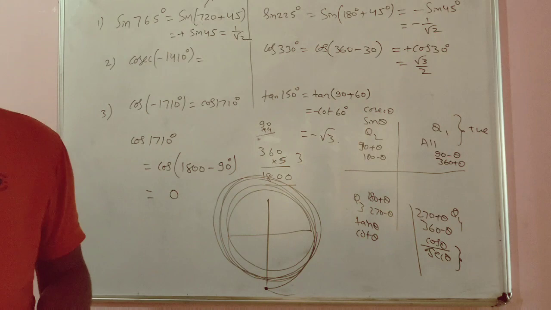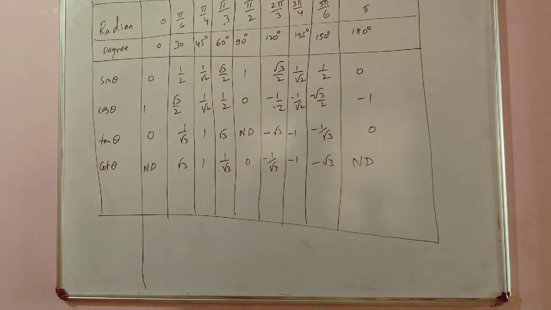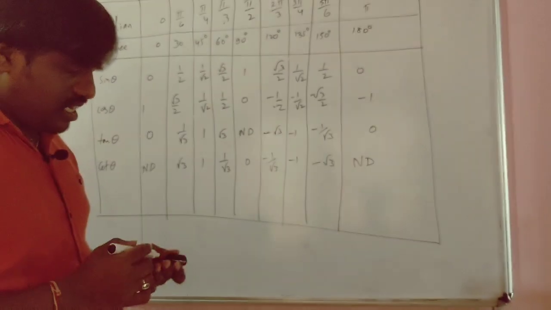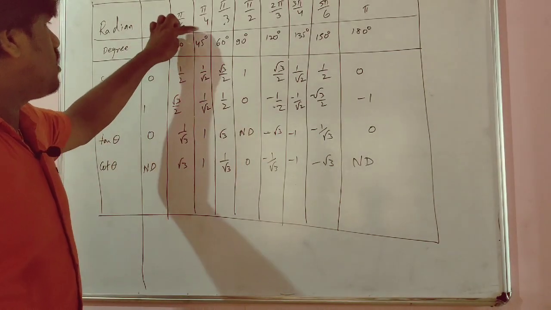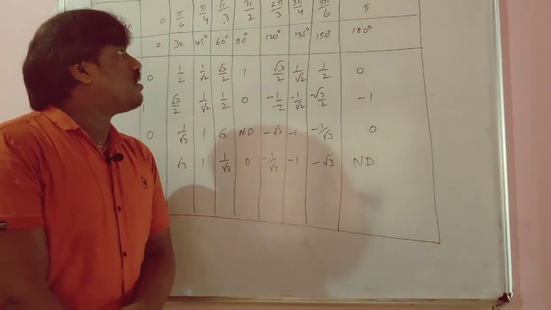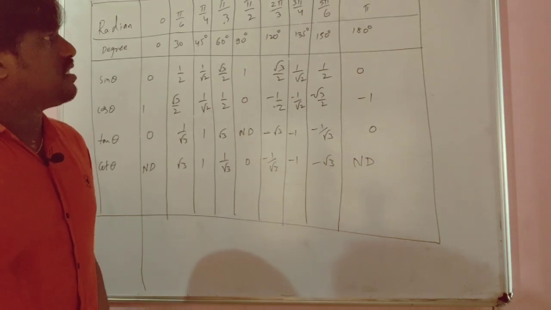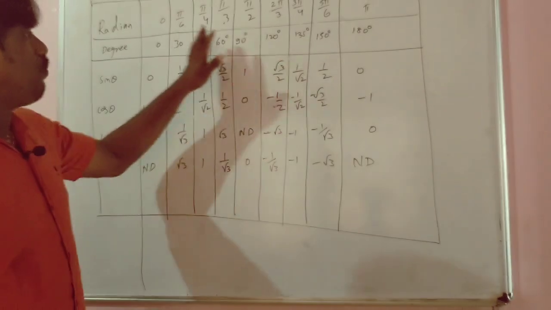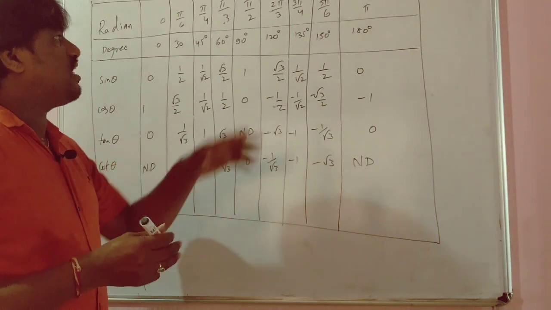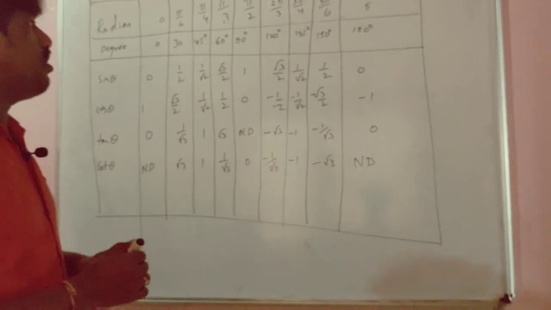All these things we are going to find by using yesterday's table. See here, I wrote the box: radian 0, degrees also 0; 30 degrees pi by 6; 45 degrees pi by 4; 60 degrees pi by 3; 90 degrees pi by 2; 120 degrees 2 pi by 3; 135 degrees 3 pi by 4; 150 degrees 5 pi by 6; pi, 180 degrees. Till 180 degrees you must remember these, because in the exam calculating the values will not work. So just remember these values always.